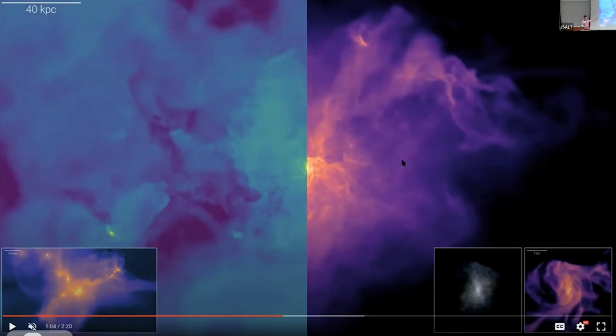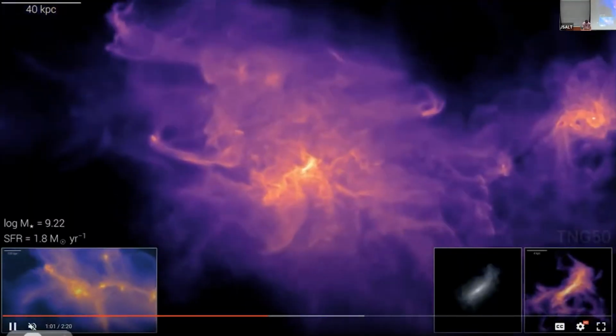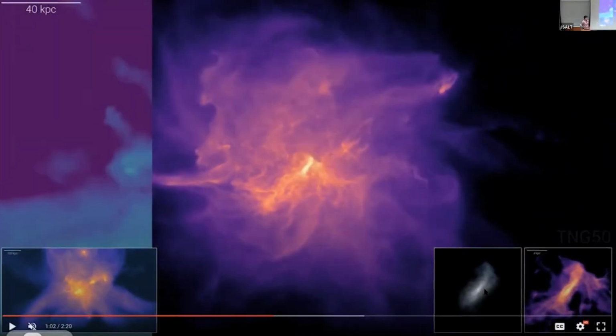So sometimes people call this the epoch of disk formation, where a lot of galaxies are starting to really form disks or spiral arms, right? They're flattening into the characteristic two-dimensional shapes. Let me go back and go through this again. And as you can see, there's a planar-like structure down here. And in fact, this galaxy is starting to form a disk. You'll see later on through the simulation that it actually does form a disk.